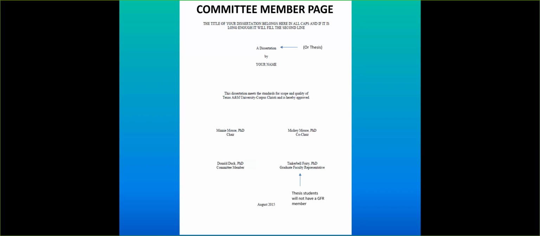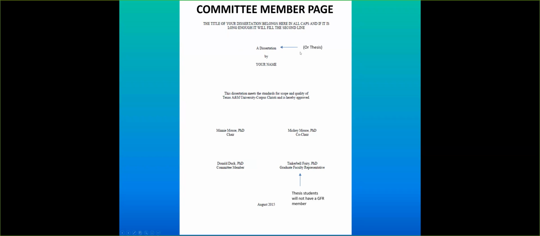So we've got, again, the title here. I have had some issues where the title on the title page and the title on the committee member page do not match. So we need you to be sure that you're putting your final title on both pages and that everything matches up. We've had some that are very similar from the title page to the committee member page, but one word is different, and even though it kind of means the same thing, we have a discrepancy there, so make sure that's the same.